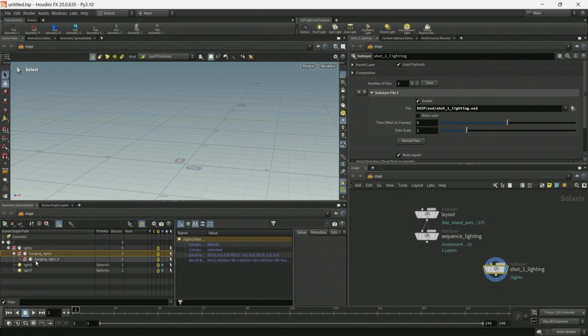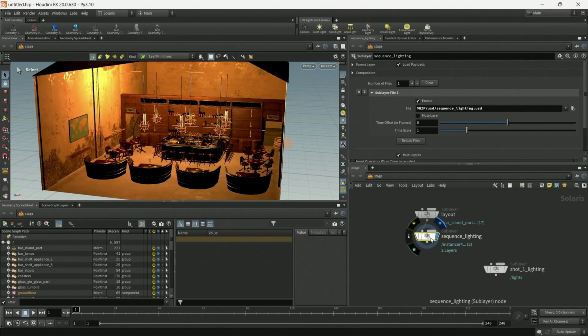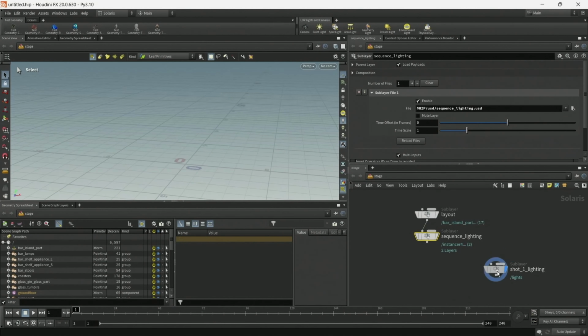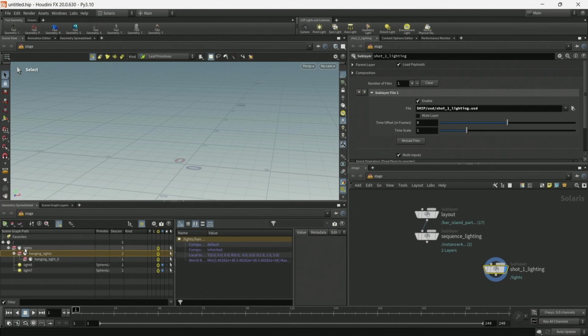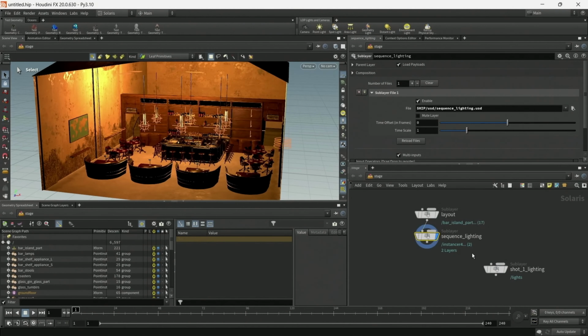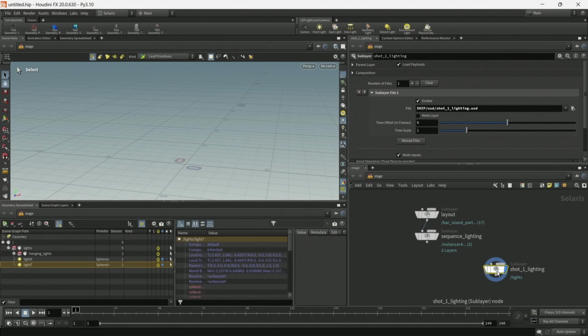At the moment, it has no input, so there is nothing to override, so the viewport is empty.